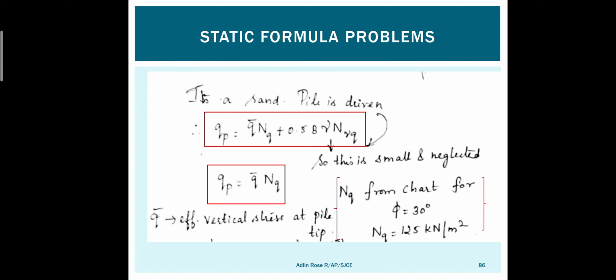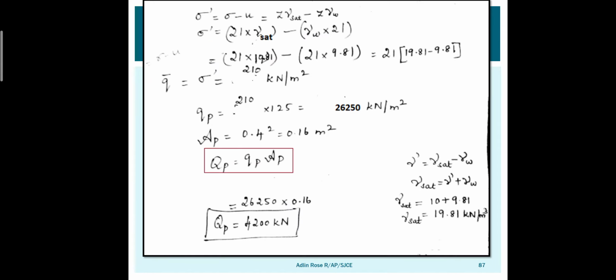This effective stress plus the pore water pressure will give you the total stress that is acting in the soil. So sigma dash or sigma bar is going to be effective stress, and total stress is equal to effective stress, intergranular pressure, plus pore water pressure. Now what is effective stress? Effective stress is equal to total stress minus pore water pressure. This is what you have learned in soil mechanics. So you have that formula here.